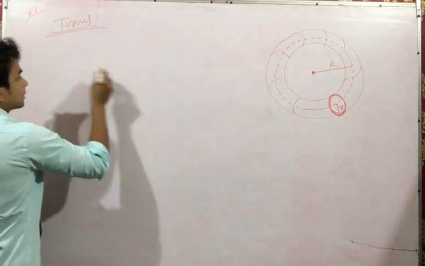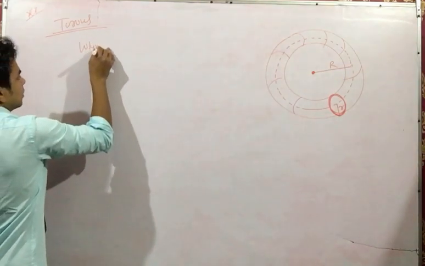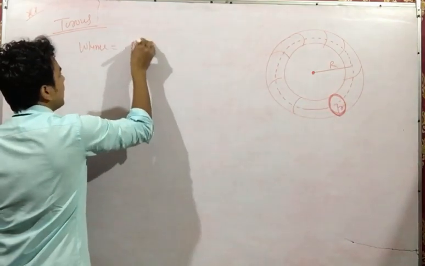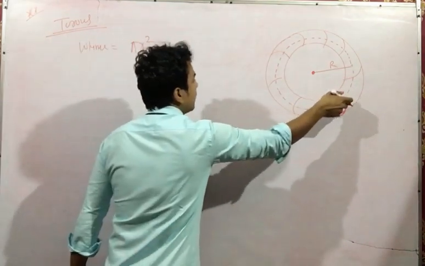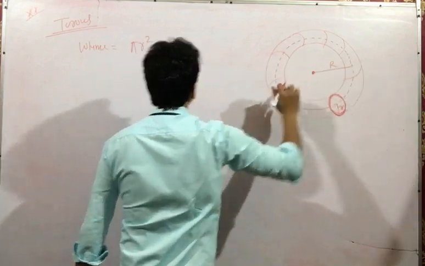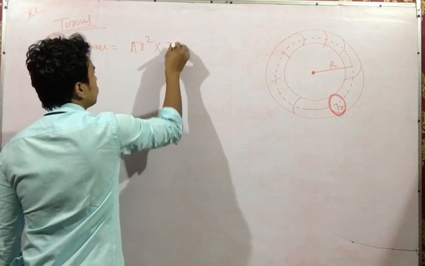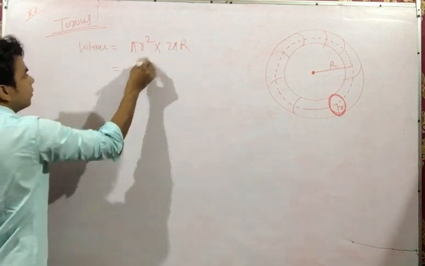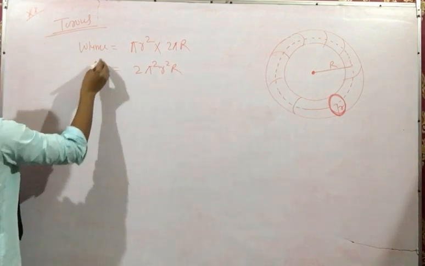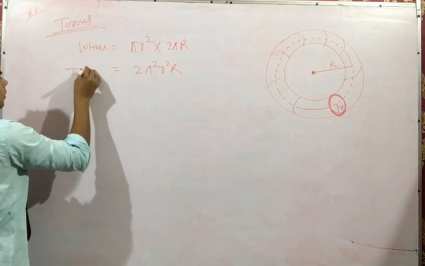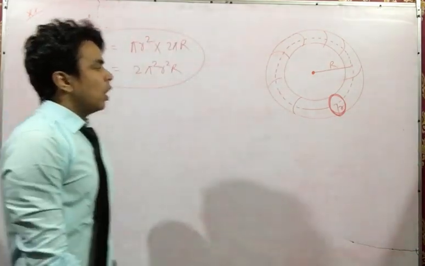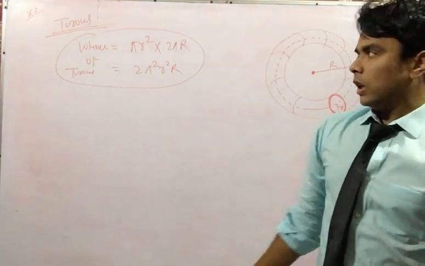So in this case, the volume will be how much? What is the area? Which area is repeating? Actually it is pi r square that is repeating, and for how much length? For 2 pi R length. This is R, so this length is 2 pi R. So pi r square into 2 pi R, when you combine it, you will get 2 pi square R r square. This is the volume of the tire of a cycle. It is called torus. Volume of torus. This is new for you. Okay. These are all the formulas.